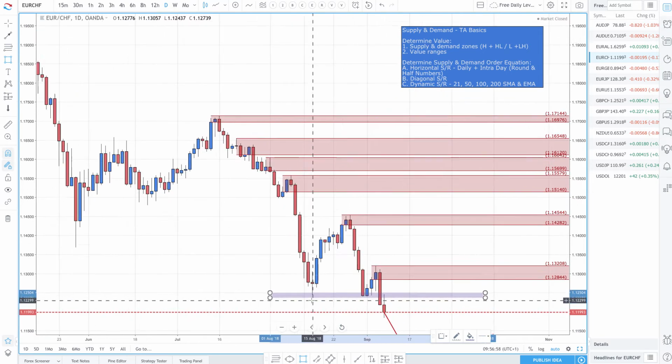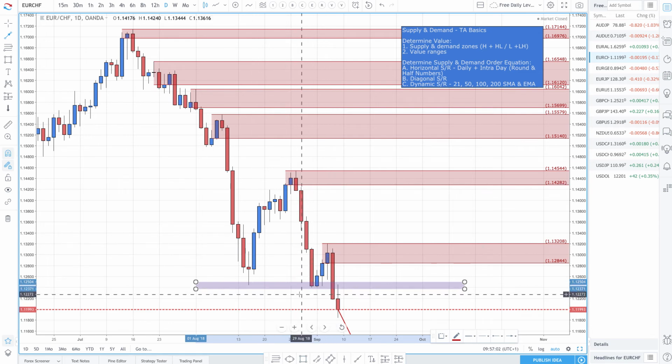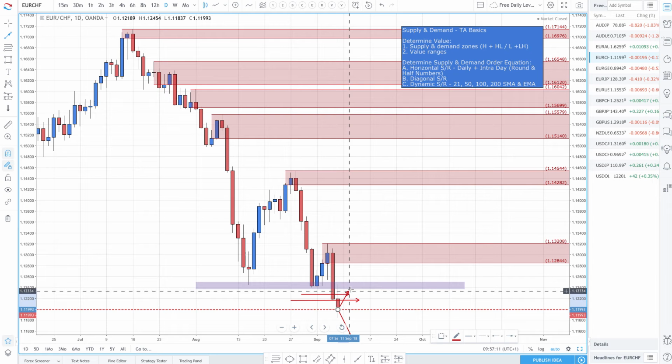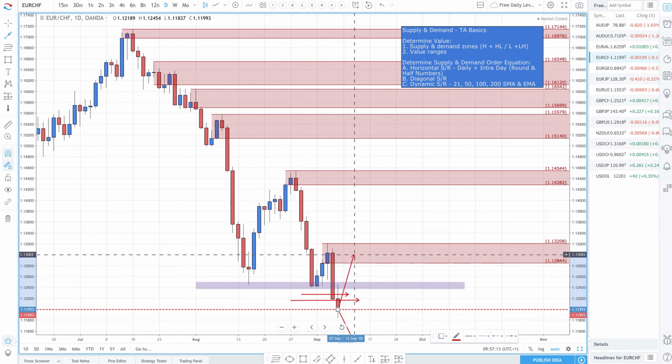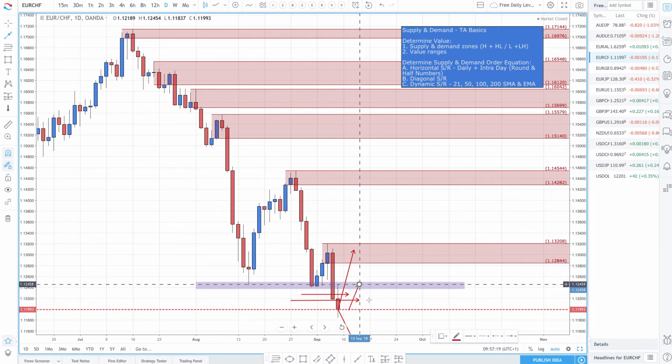How stop hunts really work is traders will be placing their stops anywhere below this low, which is what I was doing. It takes out all the stops, and then what may happen is you will either get a move straight up, right, or you're going to get a move that does something like this,